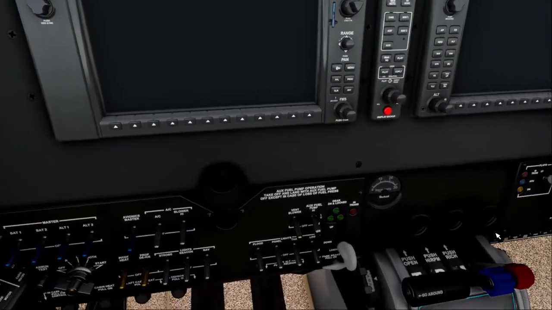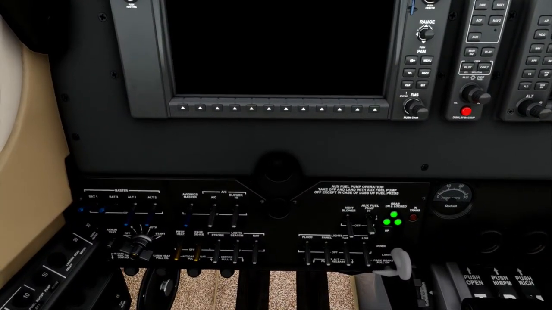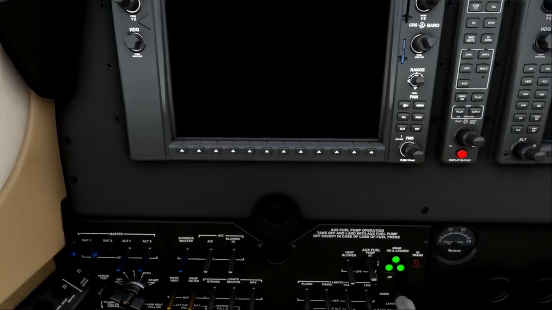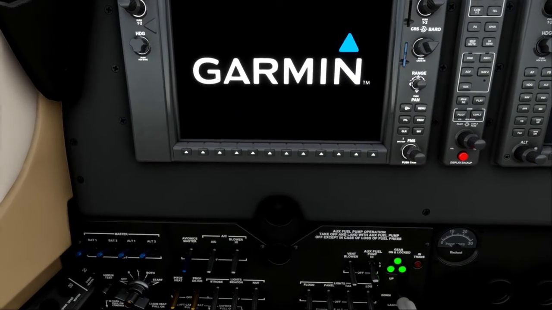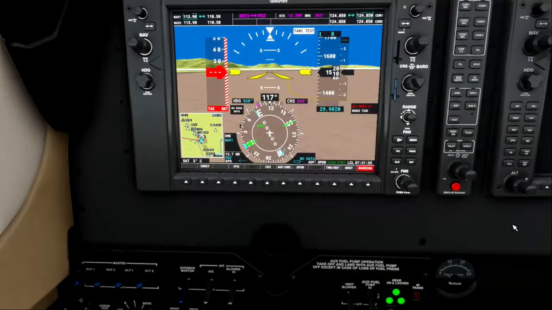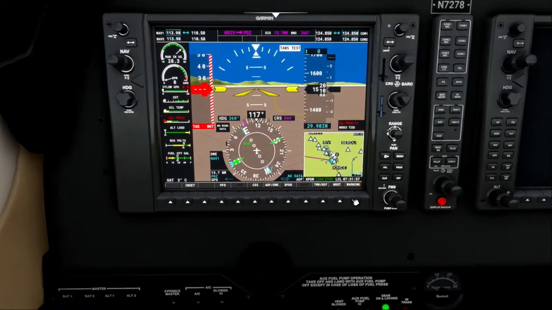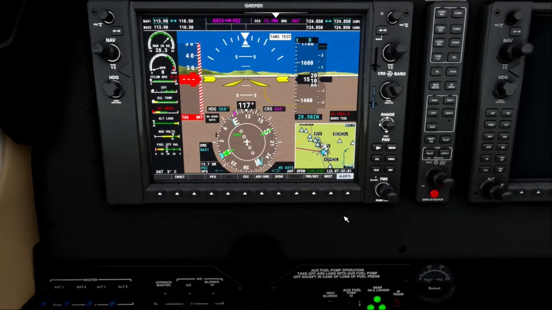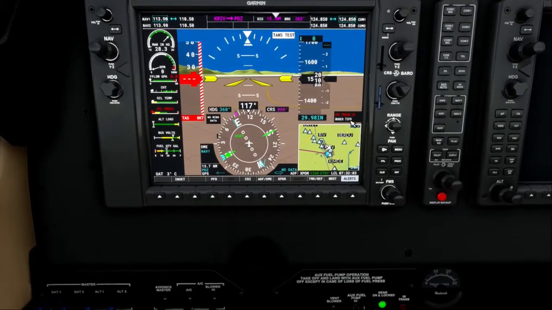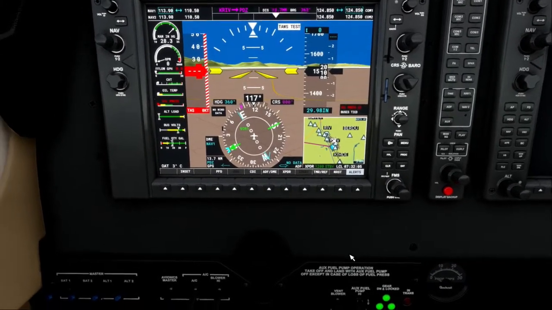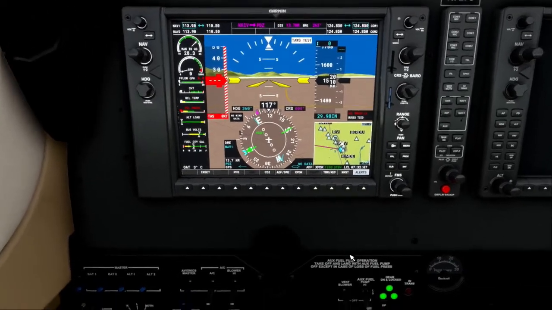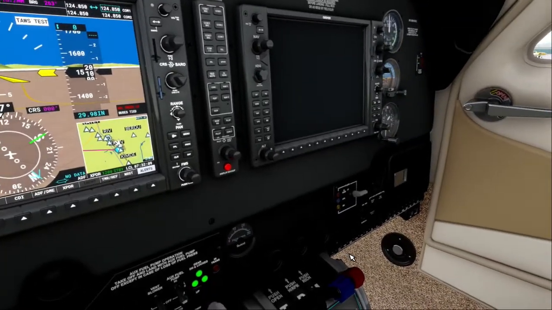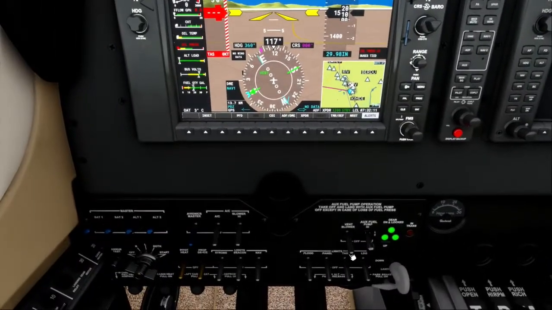Turn on the master switches and the alt switches. Allow the PFD to start up. Turn off that little idiot warning, just telling us that the oil pressure is low, which we know. And we set our beacon to be on,